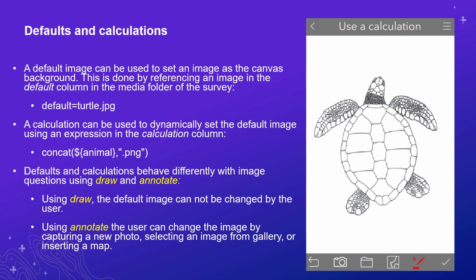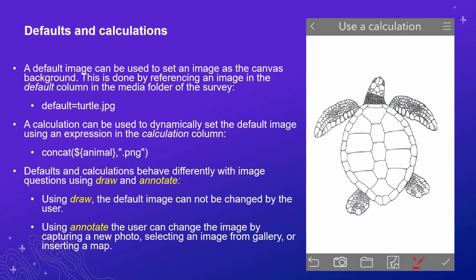This is done by referencing an image in the default column that is stored in the media folder of the survey. For example, turtle.jpg can be referenced in the default column. Similarly, a calculation can also be used to dynamically set the default image using an expression in the calculation column. For example, concat_animal.png will use the text selection from a select one question called animal to select the related image from the